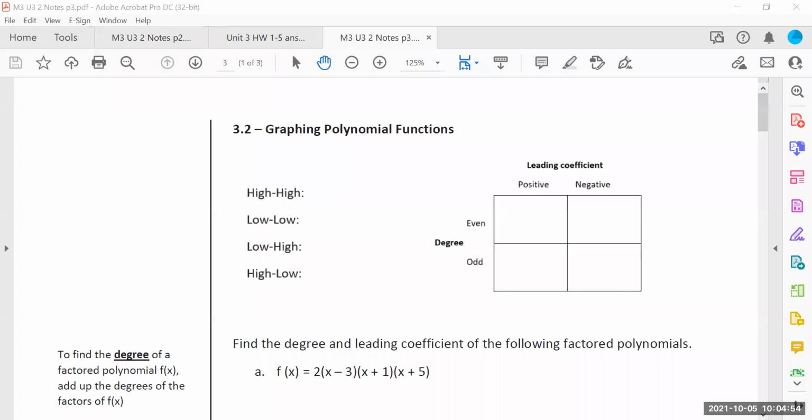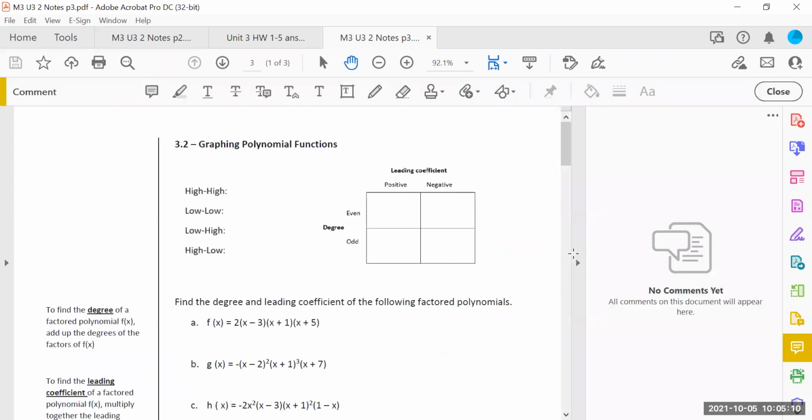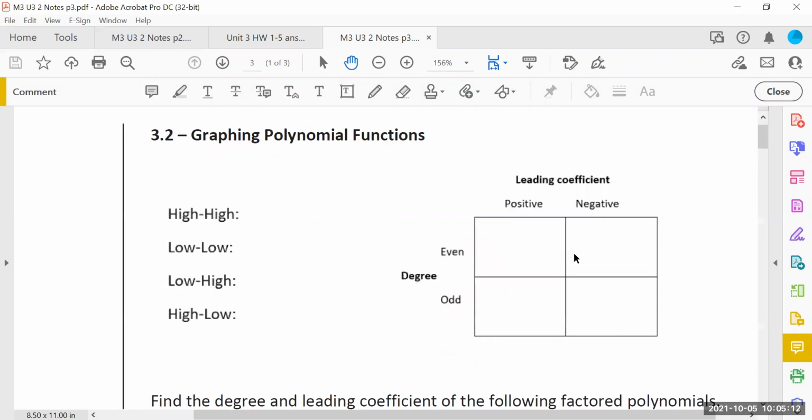All right, so section 2 starts off with a review of section 1. So those of you that were gone yesterday, here's a quick overview of what we did yesterday. We said that your end behavior, so right here, these are the 4 possible end behaviors. High, high, low, low, low, high, high, low. Those depend on the degree